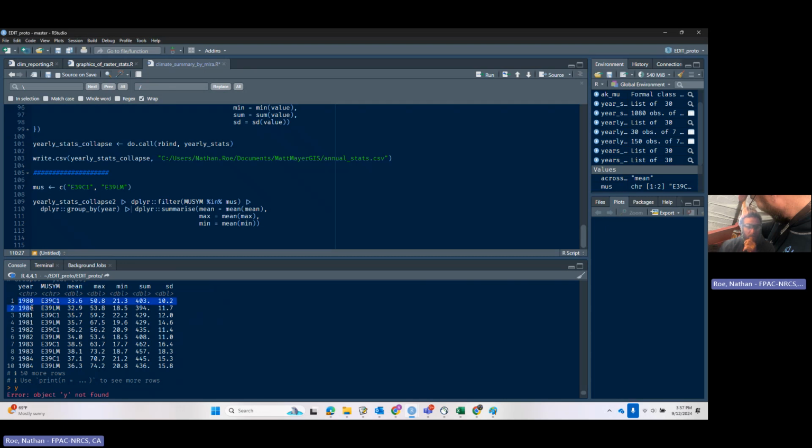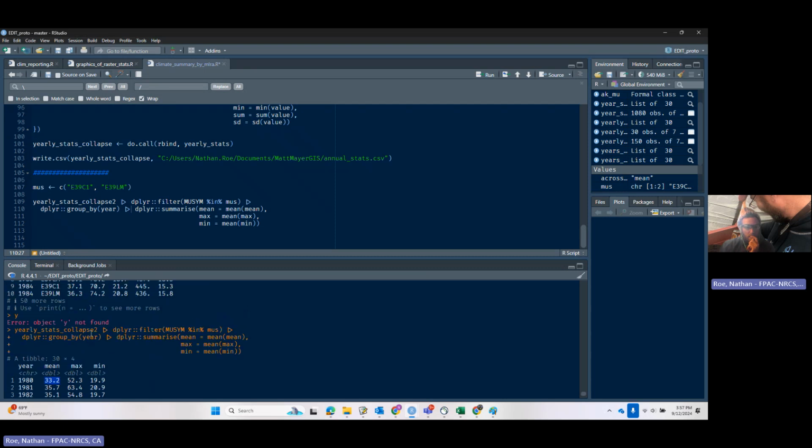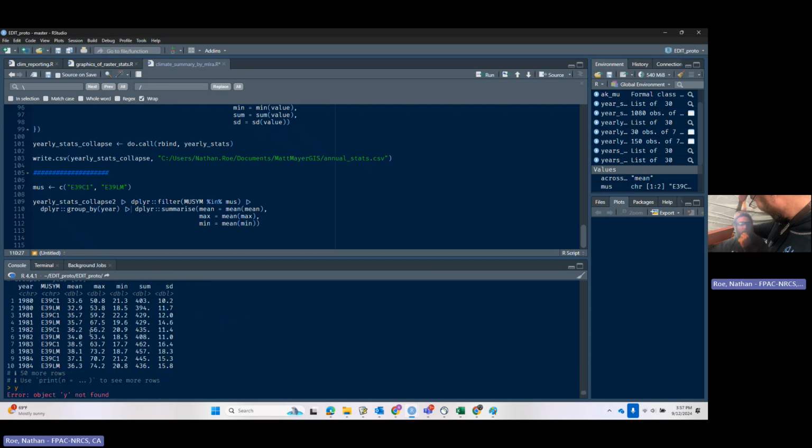We're combining all of the 1980s together, and we're going to take the mean of 33.6 and 32.9 for an average of 33.2. I think a lot of times it probably makes sense to be taking means of things. You're going to have different map units that have different conditions, and then I think what probably makes sense is just to average them together. Whereas, you could take